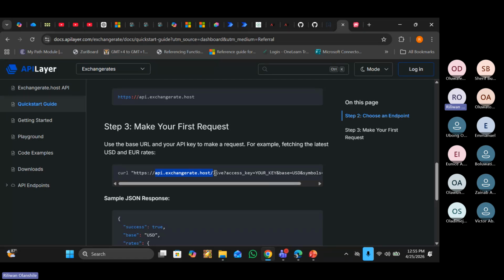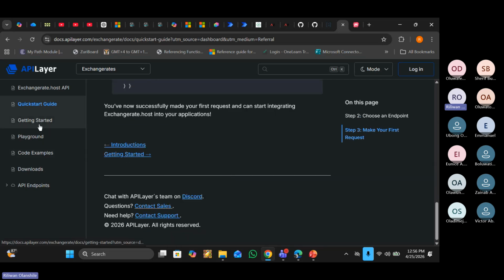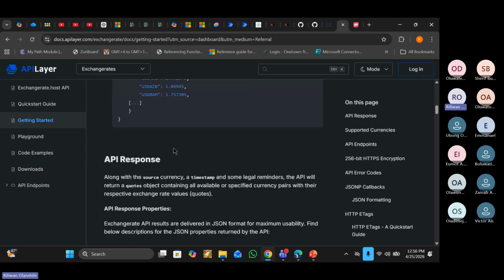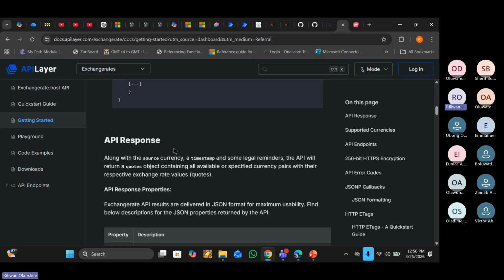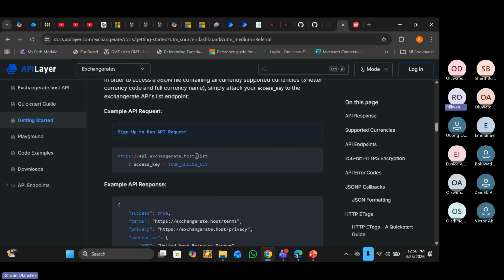Thank you. This particular endpoint here has live. This tells us that if you want live data, this is what you will need, and this is where you will come. Let's scroll down further. Oh, sorry, it's not here. I think it's get started that I have it done. So there's a side here that lists everything if you want to use it. Now there's also another endpoint if you want historical data. I already spoke about API responses and requests, so I think people are clear on that. Now this particular endpoint, you can see this one is list. If I want to list all the exchange rates on the platform, this is the particular endpoint that will come.